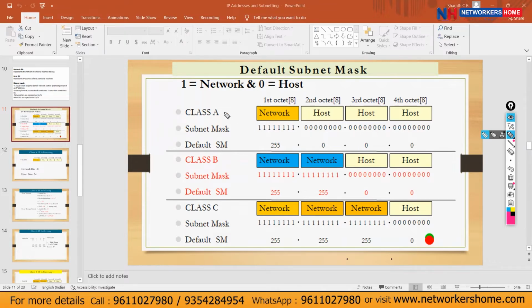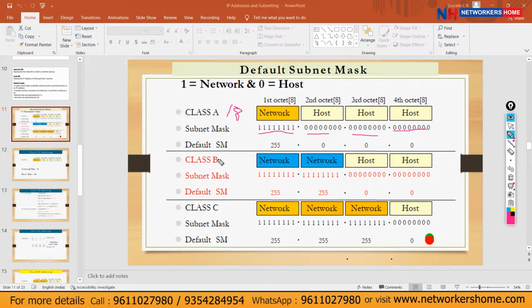So in Class A, the first octet always remains the same. When you convert this to decimal, what do you get? 255.0.0.0. This is the default subnet mask for Class A.